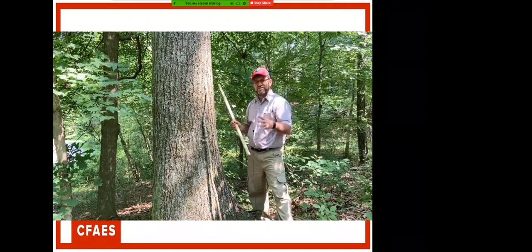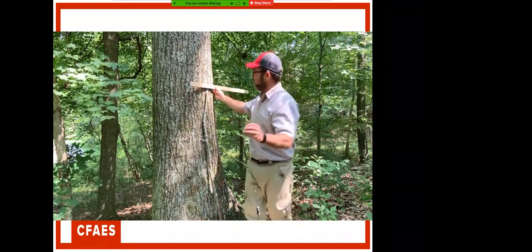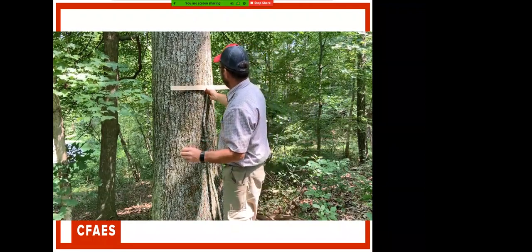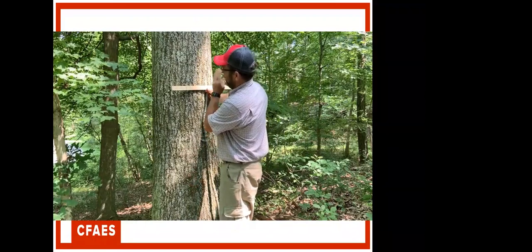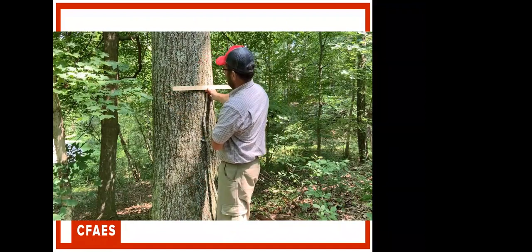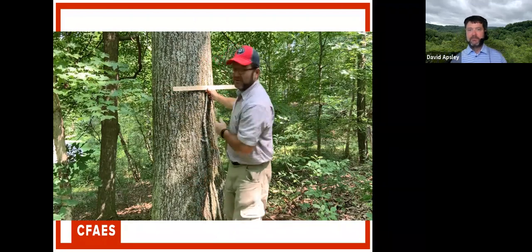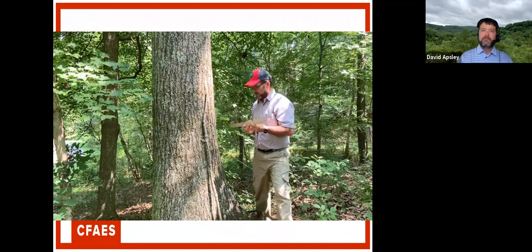Remember, trees aren't necessarily round in cross section, so it never hurts to go at 180 degrees. You want to stay at the same height. Line up your line of sight, your eye, the stick, and the widest portion of the tree. Without turning your head, you want to look sideways, and I get right at 24 inches this way. So this tree is right about 24 inches in diameter, and we'll use that number later to determine the volume